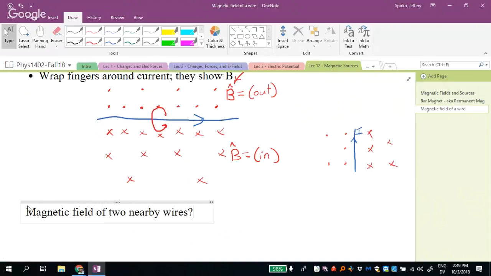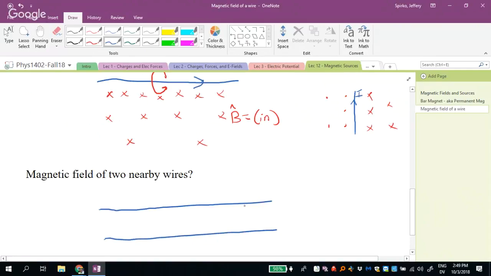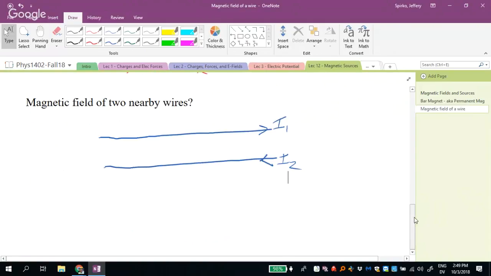What if we were trying to calculate the magnetic field of two wires that are near each other? So we could have two wires. Let's make them point in opposite directions, I1 and I2. And here, if I try to draw everything all at once, it gets very confusing. So what I'm going to try to draw first is